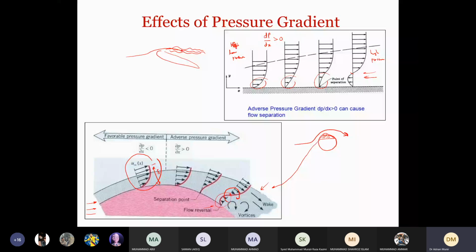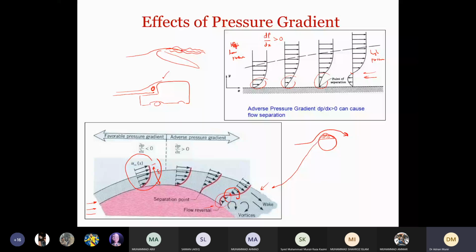This separation point also has an adverse effect on the design of automobiles. If you look at automobiles, initially the automobiles had shapes like this. We discussed this, that it had shapes like this, and because of a structure like this, the flow separated from here like this. So we had flow separation at this point.